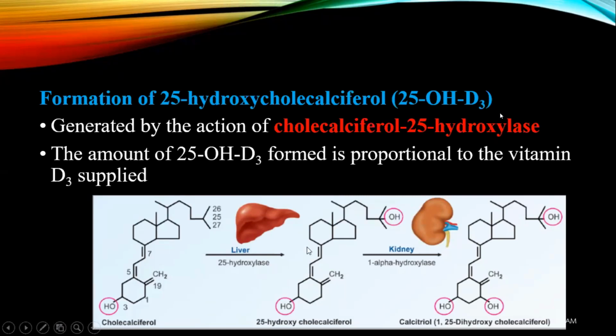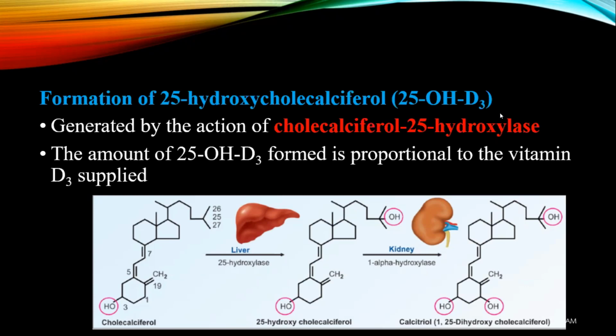So the formation of this 25 hydroxy cholecalciferol is proportional to the vitamin D3 supplied. If an excess amount of vitamin D3 is supplied, then more of this 25 hydroxy D3 is formed. So the conversion of cholecalciferol to the 25 hydroxy calciferol is proportional. It is directly related to how much vitamin D3 is supplied. So after formation of this 25 hydroxycholecalciferol,